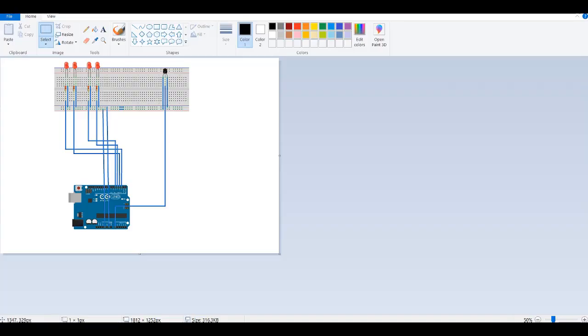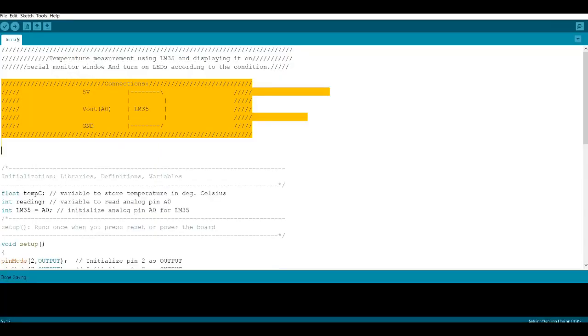This is a circuit diagram where the temperature sensor is connected. This input pin is connected to analog A0 and the LEDs are connected to the specified pins. The hardware part is done. Now jump to the coding part. The project has two programs, one for the Arduino to detect the temperature and also handle the LEDs, and the other for Python. It will create the virtual world and show the temperature in the virtual thermometer.